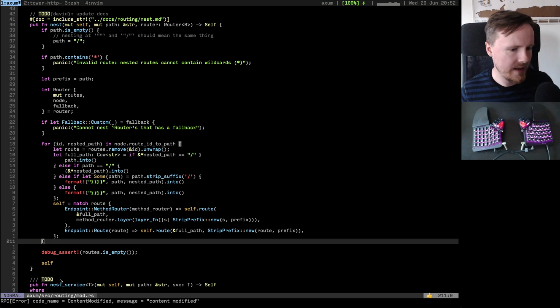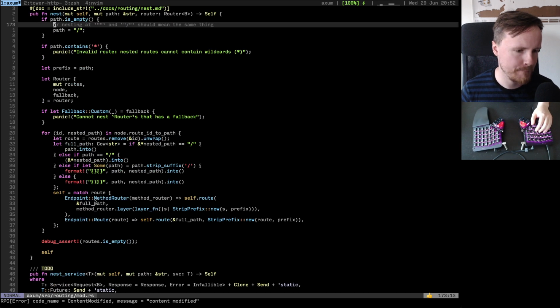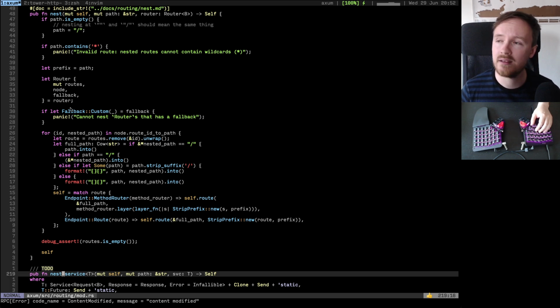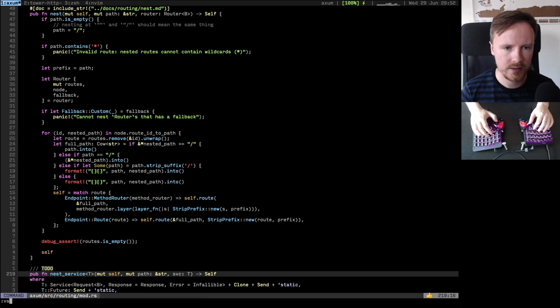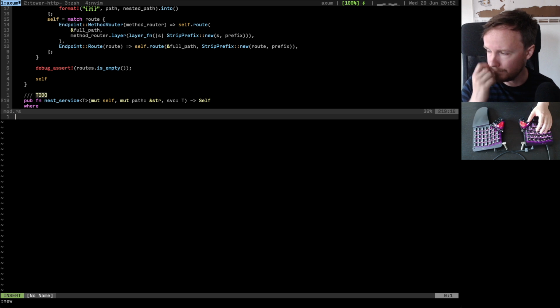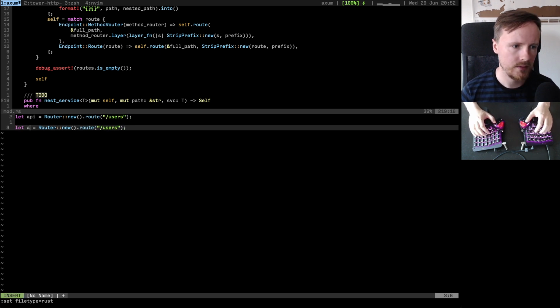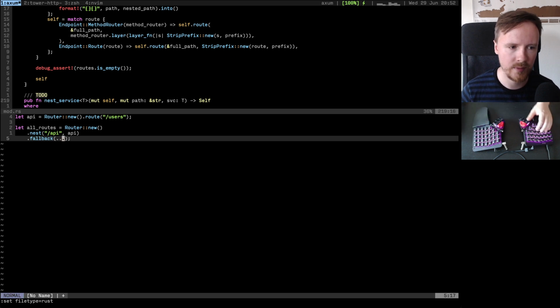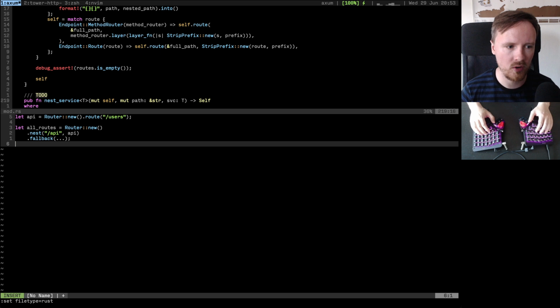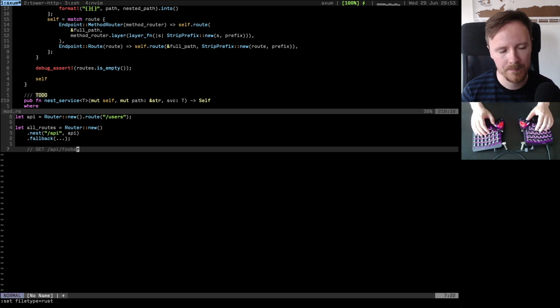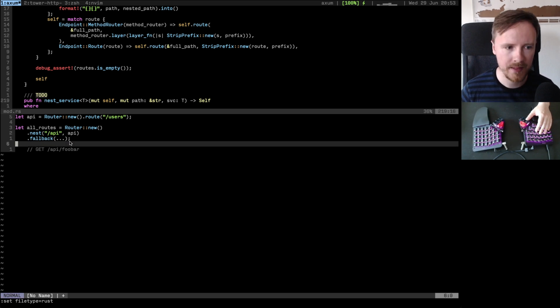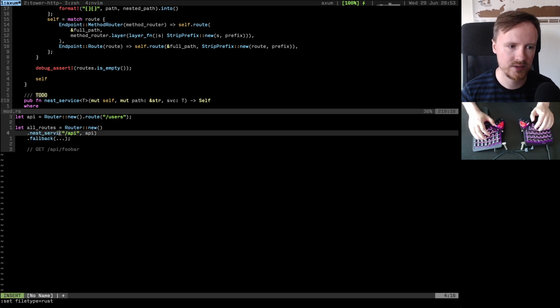So I think having two different ways to nest services is a little unfortunate. However, I don't think we can get around it. And that's because the way that they interact with fallbacks is different. So if you say, API is Router::new().route users, and then you say all routes is nest at API, it will nest the API routes, and then down here, if you say fallback, and then some fallback, I think most people would expect that if someone calls get API/foobar, then the fallback here will be called. The difference is that if you do nest service,